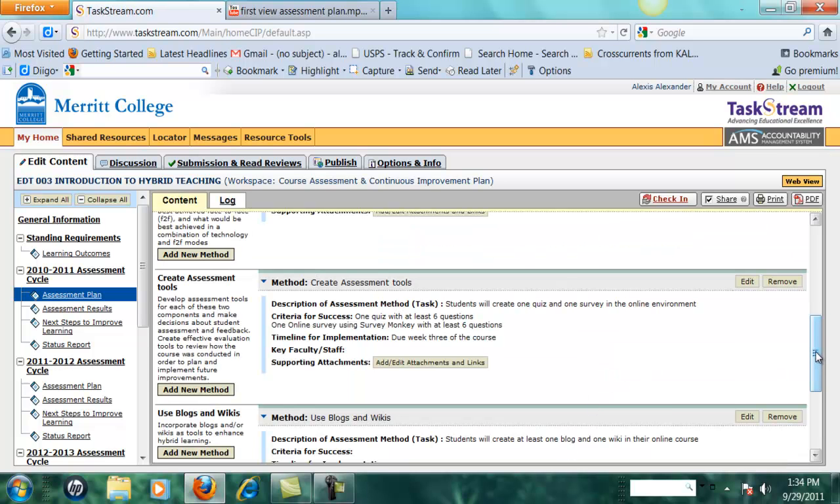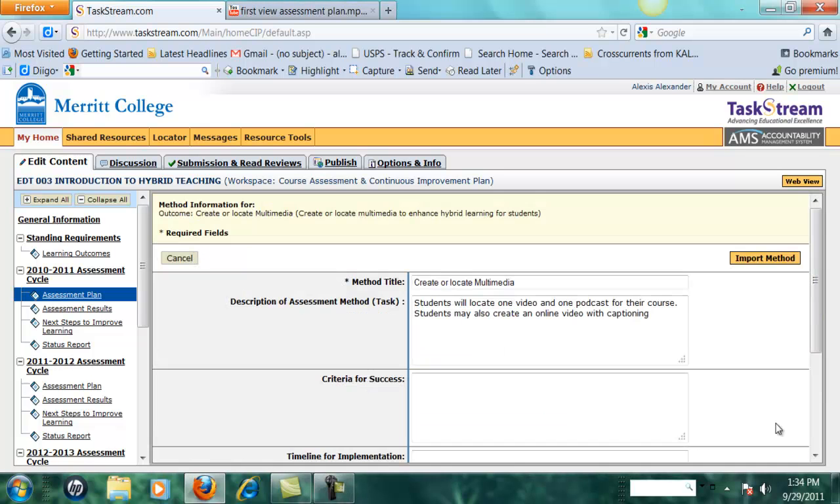So anyway, let me do one more, perhaps, just to make sure. So in this particular method, title is Create or Locate Multimedia. And the task that the students will be completing is they will locate one video and one podcast. And some students may choose to create an online video. So the criteria for success could be locate one video and embed